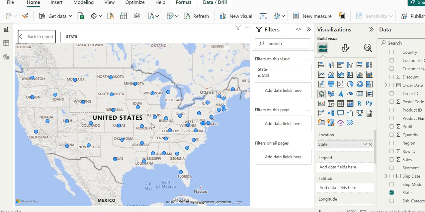When we hover over different points, we will see each state in the tooltip. So for Washington, Texas, New Mexico, Colorado, South Dakota, and North Dakota, we can see various pointers there in the tooltip.